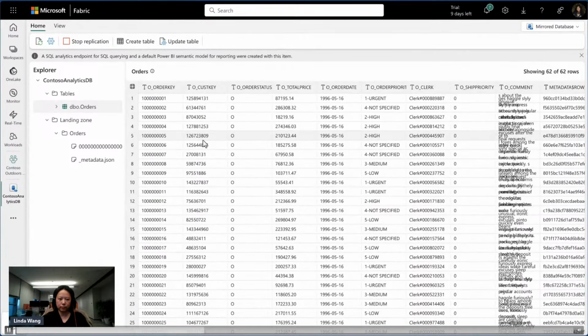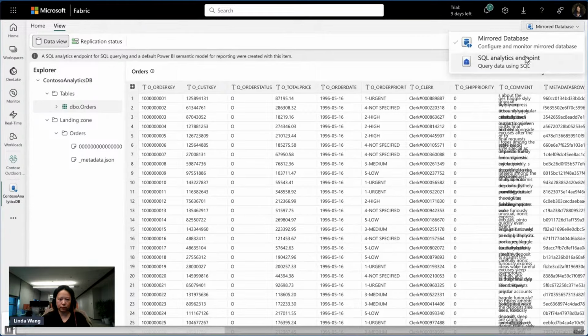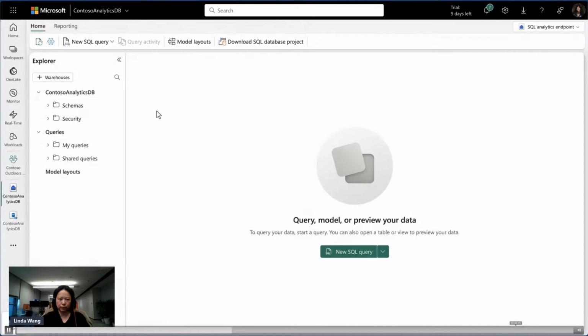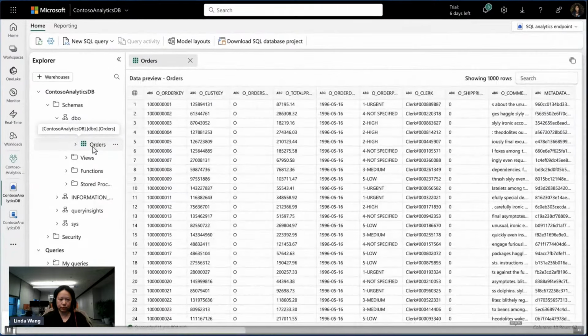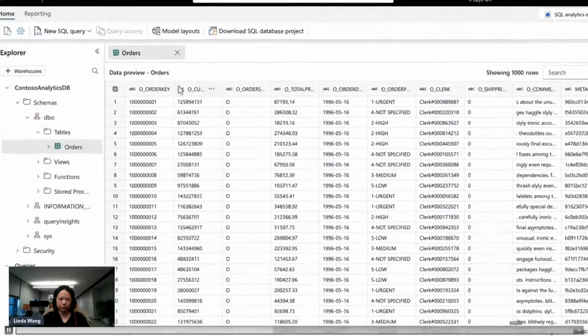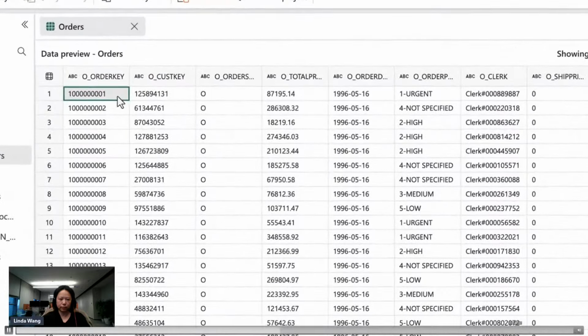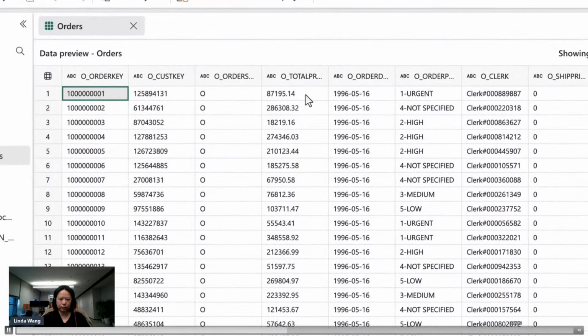I can either go to the replication status to monitor my rows, or I can go to my SQL Analytics endpoint. Let's head to my SQL Analytics endpoint and verify that my rows have been replicated over. Right now, I'm working with around 62 rows of orders data. But as we all know, new orders are constantly being modified or created either through Python scripts or manual updates. I want to ensure every change is reflected. For example, zooming into the first row here, I notice that the order price for this row is wrong, and I need to change this price to $100,000.